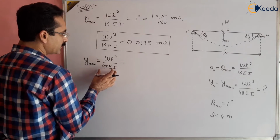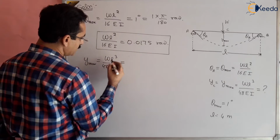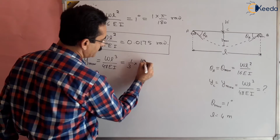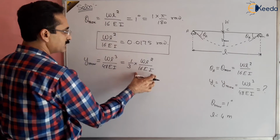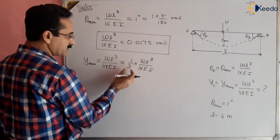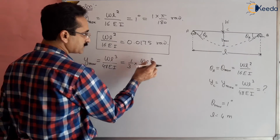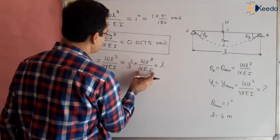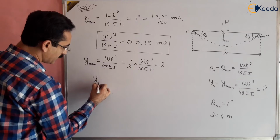We can break it into two parts so that this quantity can be used here. So I can write it like this: 1 by 3 multiplied by WL square by 16 EI. 16 multiplied by 3 is 48. I have split 48 into two parts, 3 and 16, and L cube can also be split, so here we write this as L. This quantity is separated so that this value can be used. Now Y max can be written as